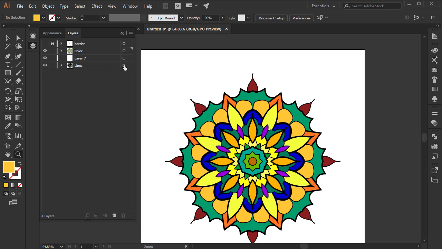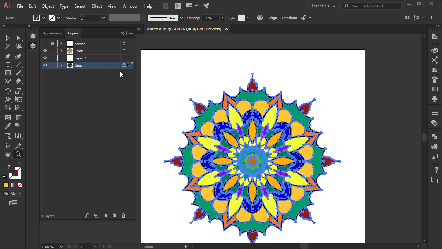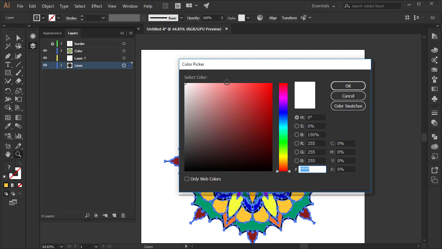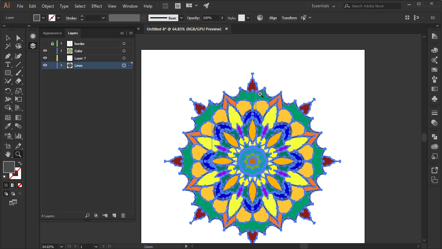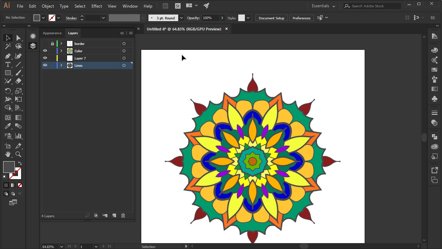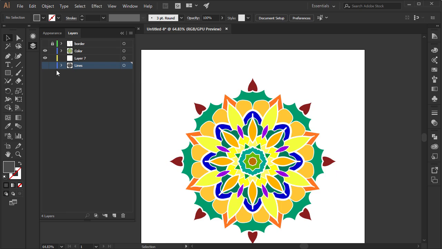Or we can change the color of those lines. Let's see if we can recolor it. I'm gonna make it lighter, a desaturated red. Let's see what it's gonna look like. Nah, maybe I'm just gonna leave it off right there.